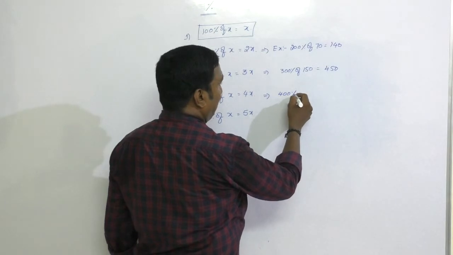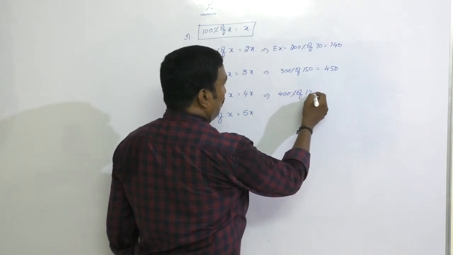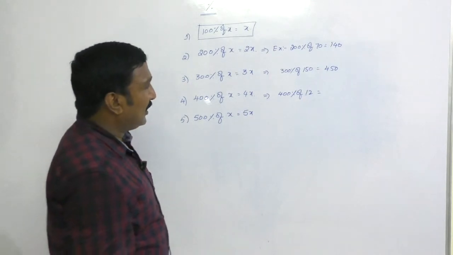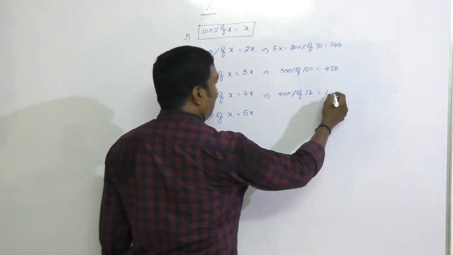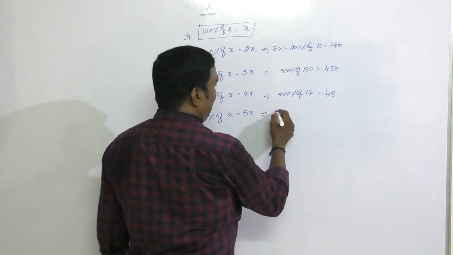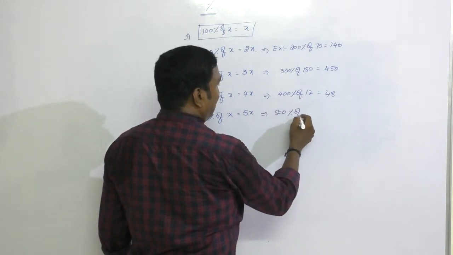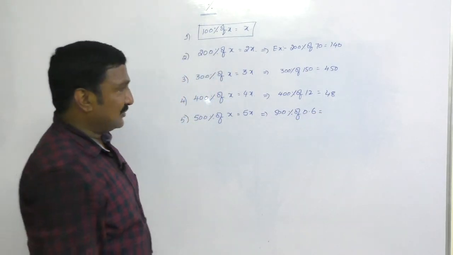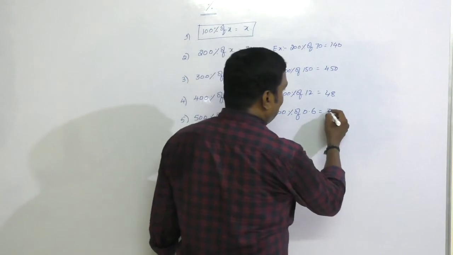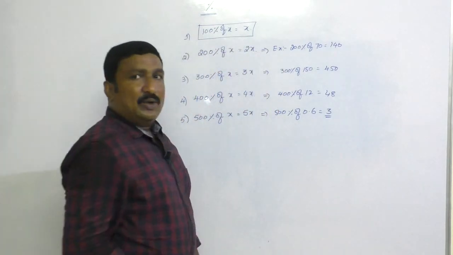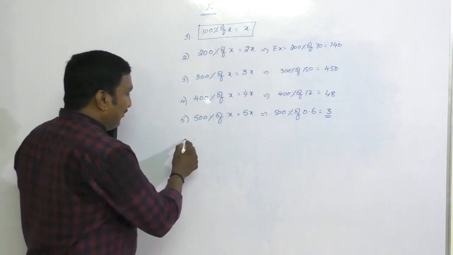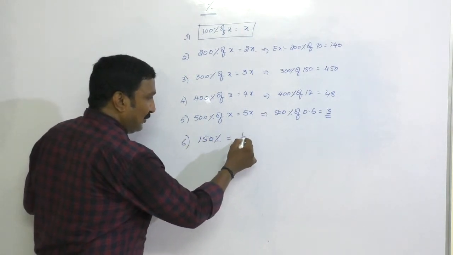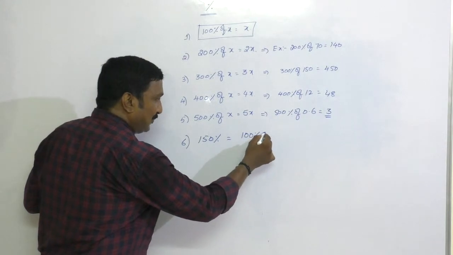Similarly, 400% of 12. So 400% of 12 is nothing but 4 times 12. 4 times 12 is equal to 48. Similarly, 500% of 0.6. So we have to multiply it by 5 times. So 5 times 0.6 is equal to how much will become? 3. Okay friends, for example, if I want to calculate 150%, I already told 150% is nothing but 100% plus